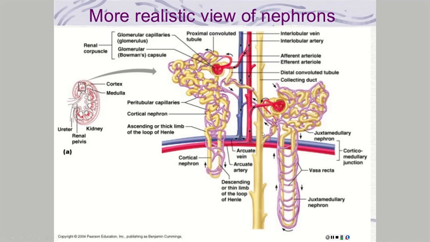So for example, if you see my pointer here, let's just look right here. If something is reabsorbed, it's going to move from the filtrate inside the tubule right here into the interstitium, and then from the interstitium into the capillary blood. In secretion, something would move from the capillary blood into the interstitium, and then from the interstitium into the tubule containing the filtrate. So it does go the direction that we've said, it's just there is an intermediate step as that substance passes through the interstitium.